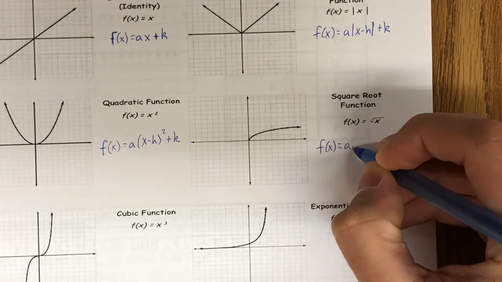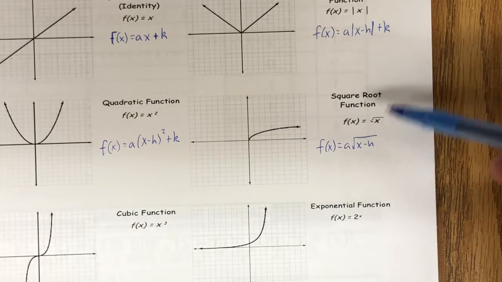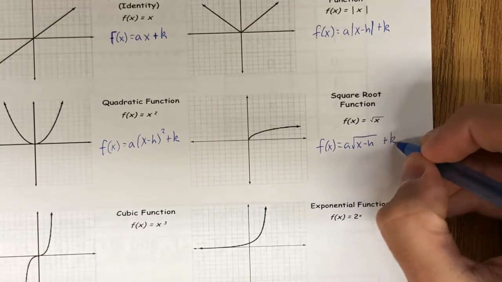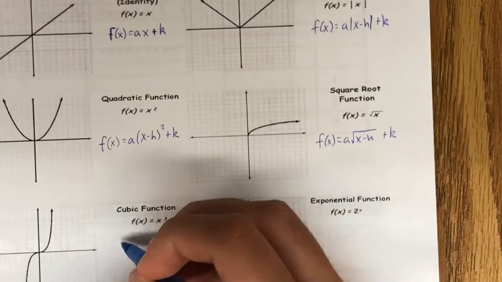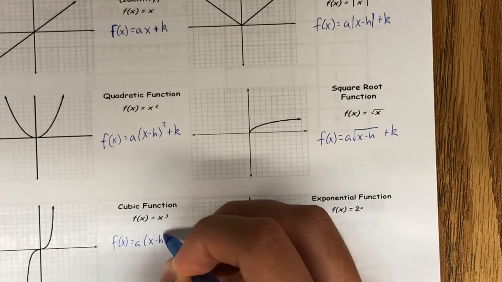Similarly, we can have a multiplier a on our square root function, our radical, as well as we can subtract something on the inside and add things on the outside. So you'll see this trend of being able to add things on the inside and outside, and they'll refer to different types of shifts. For cubic functions, very similar to our